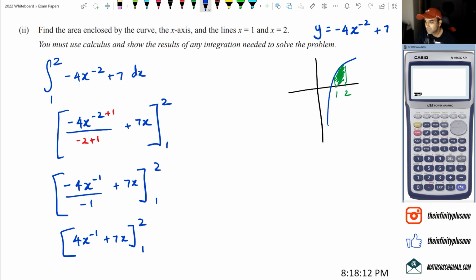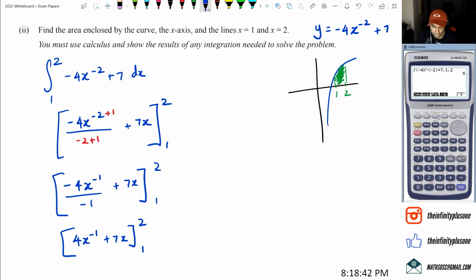Because what you can do is go into option, go into calc and integral and put in the equation. So we've got negative 4x to the power of negative 2 plus 7, and then our two limits, which happen to be 1 and 2. So when we do this, we get an answer of 5. Now, when I look at the